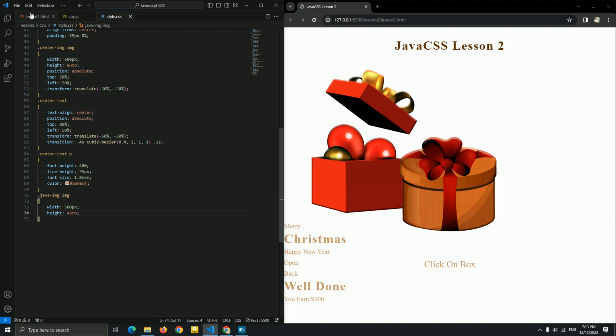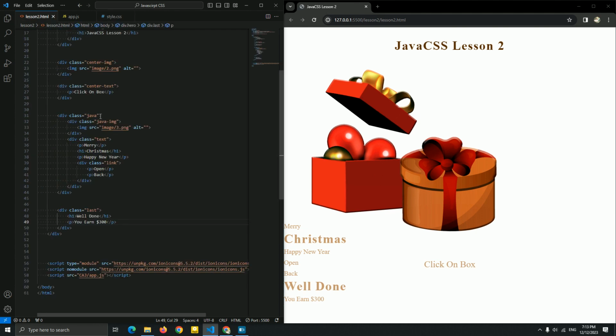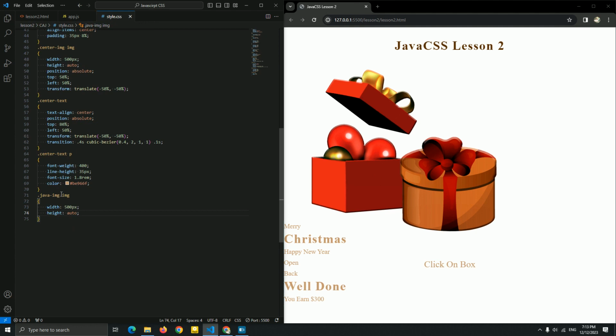So I name it a Java, as you can see right now. So I'm gonna call it here in a CSS Java. First, let me add a display flex and justify content be a space between, to have a space between this image and this text. Okay, line items. Okay, let me add a position absolute, and let me just copy this and paste it here, guys.